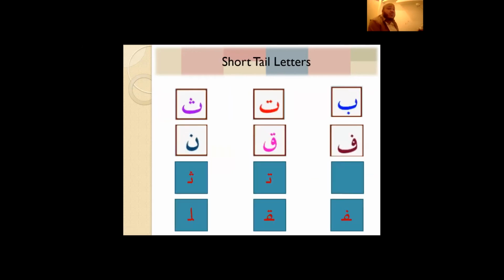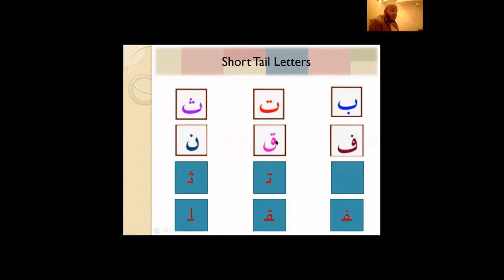And then you have short tail letters. It means that these letters, when they are joined in their joint form, lose a portion of their tail. They normally have 2 tails or 1 tail. Ba, ta, tha, and noon have 2 tails. But if you look at them, they're only left with 1 tail. The other tail is missing. The end of it is missing. And the same thing